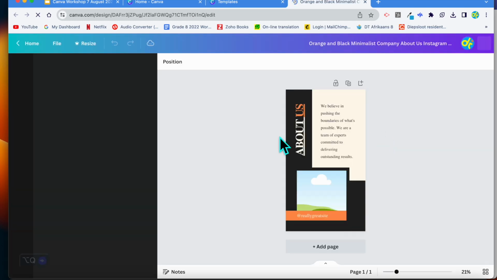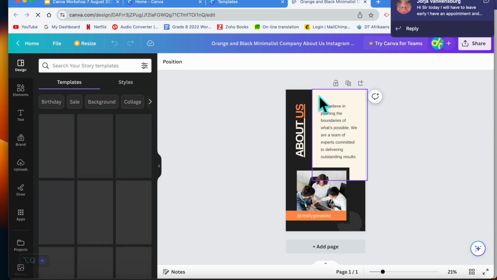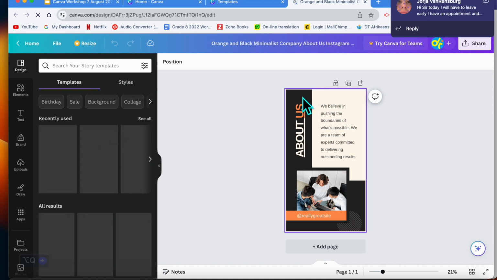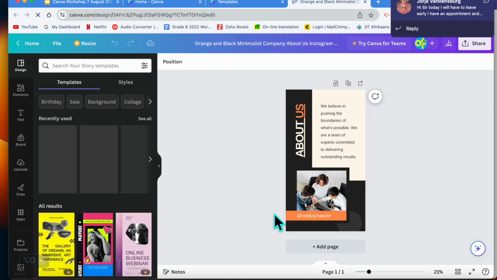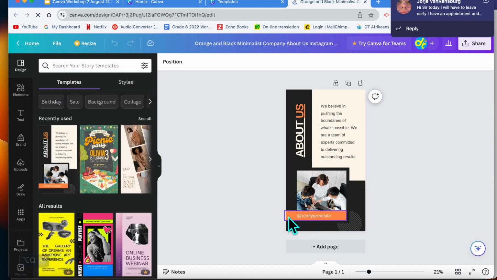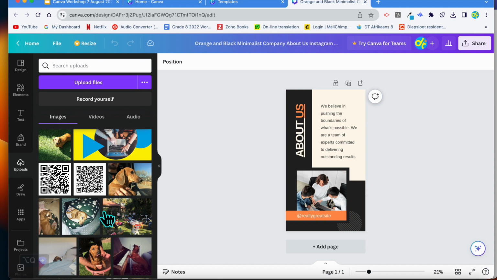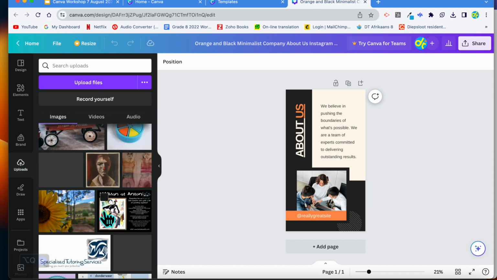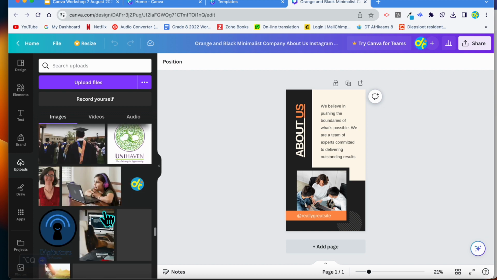And now I can just simply change it to what I want it to be. In other words, colors, etc. So here I have a black background and a creamy beige background, and then the orange. I like the orange. I'm going to make it my logo's orange. And now I'm going to again go to uploads. I'm going to upload my logo if I haven't yet, or I'm going to choose my logo that is here,